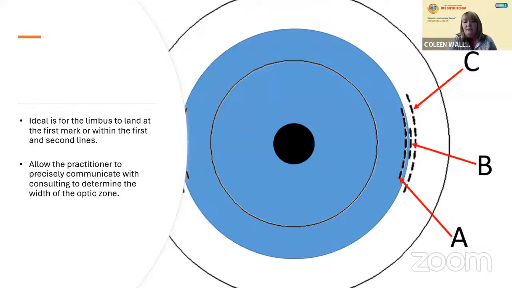Always look at the temporal side of the lens when you're judging on the limbal curve indicators. The most inside curve, again, should be at the limbus, where the outside curve, if it's at the limbus, that means the lens is too small. You want to go for a larger diameter lens. You can use this method or just, for larger corneas, use a larger lens, a 16.4 diameter, or for smaller corneas, smaller than 12 millimeter, use a 15.9 diameter lens.